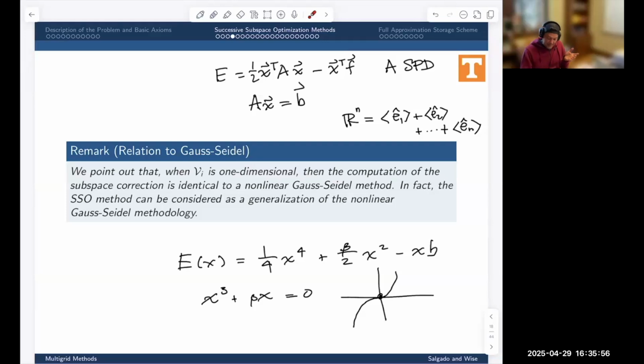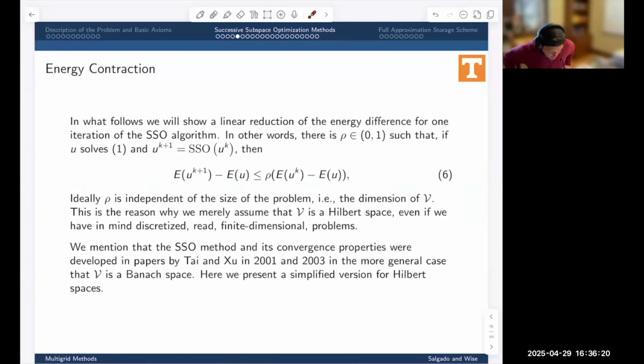Now I'm going to apply this decomposition, and the thing I get out in the end is something called a nonlinear Gauss-Seidel method. We're going to keep harping on nonlinear Gauss-Seidel again and again because it's very important in this successive subspace optimization approach and setting. Okay, so Gauss-Seidel, successive subspace optimization method, highly related. All right, this is as far as we got last time, so we're finally caught up to where we were